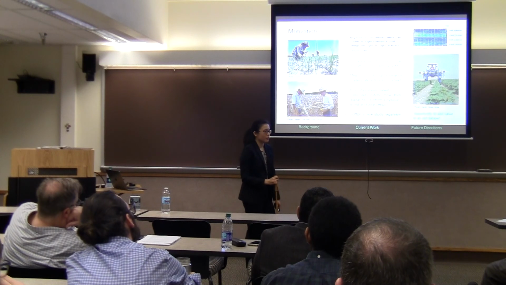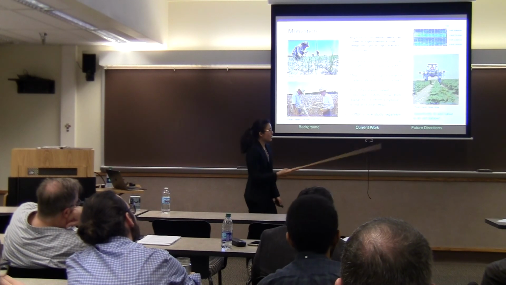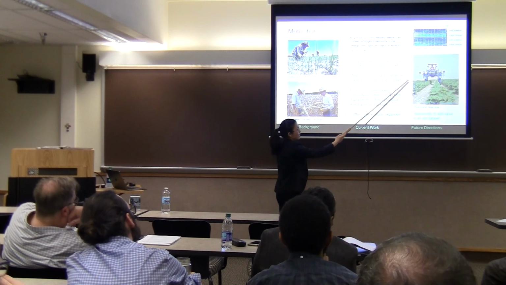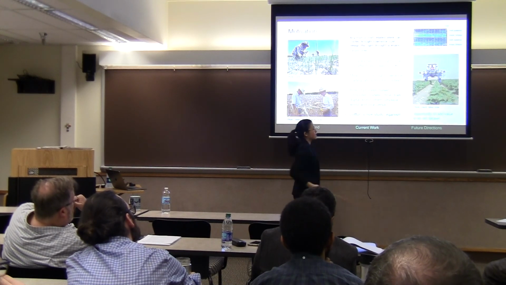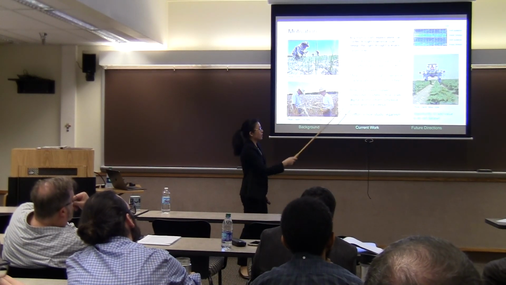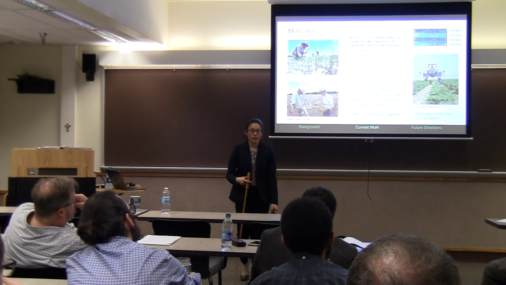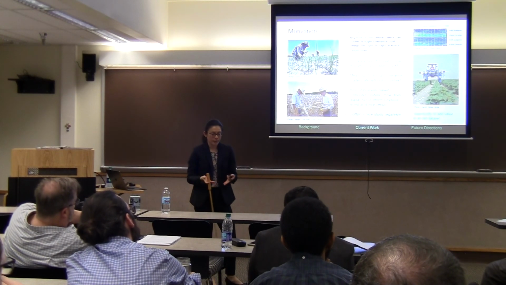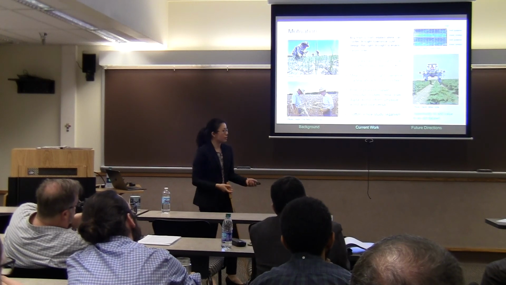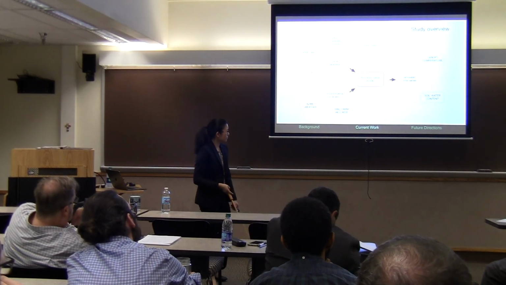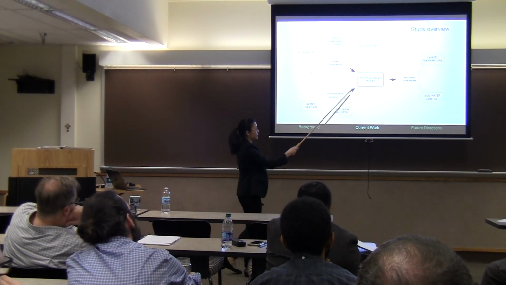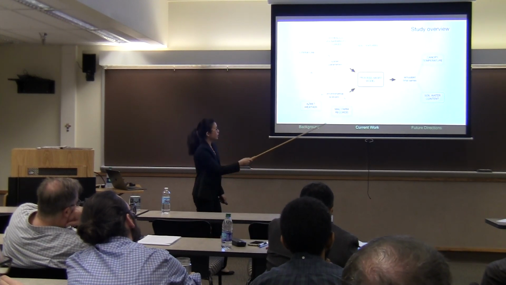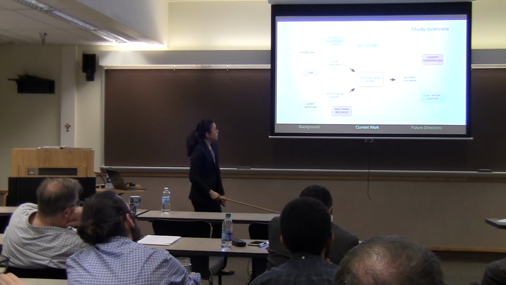This was the early days of phenomics, so it's probably much better now, but this is a higher clearance tractor, and here are a couple of sensors, so they can collect canopy temperature and NDVI and plant height indirectly on a large population at higher temporal resolution. And they did this on a recombinant inbred line population. Here's the study overview. This is our old schematic here, but here I show the different data